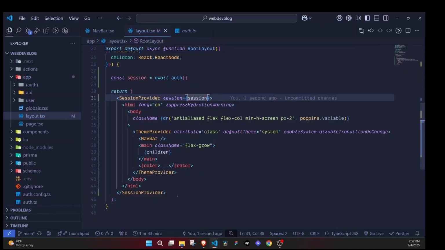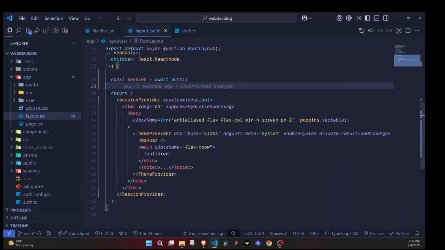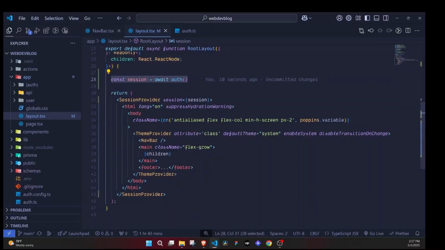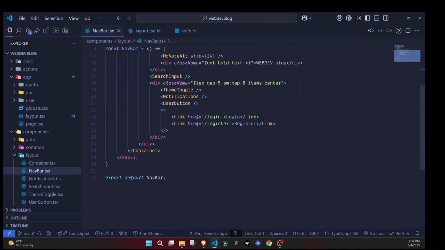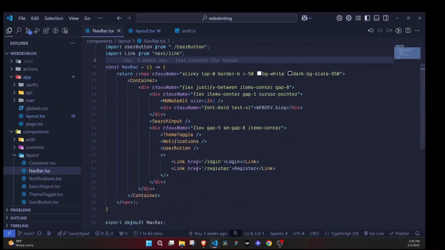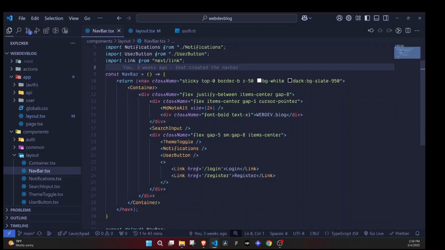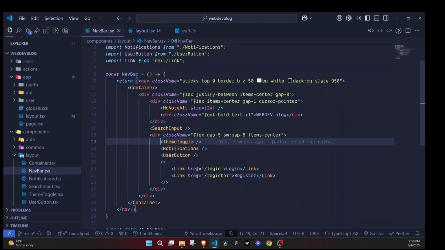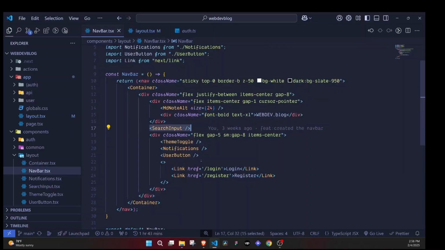Once we do that, we will be able to get access to the session on the client by making use of the useSession hook. And whenever we want to get the session from the server, we'll do something like this. Now let's come to the navbar. Currently, our navbar is a server component, but if you check the navbar, you'll notice that most parts of it are actually client side. For example, theme toggle is client side, search input component will be client side, notifications will also be client side,